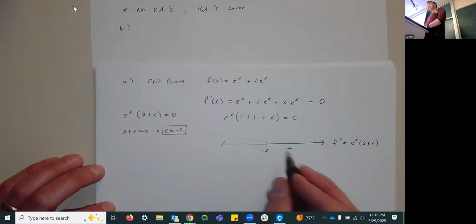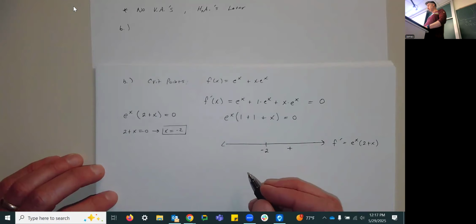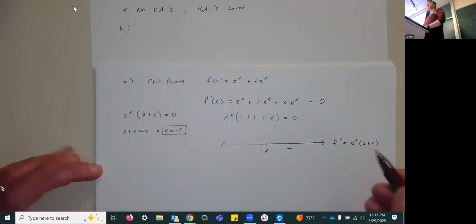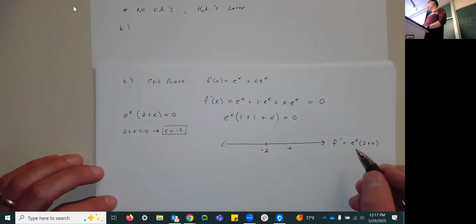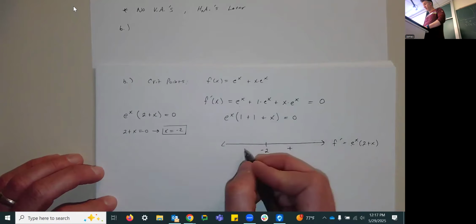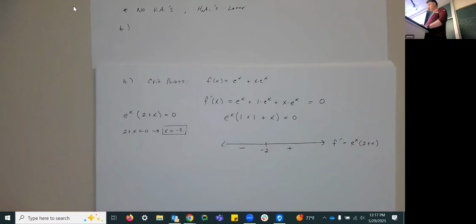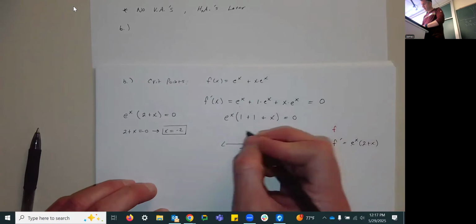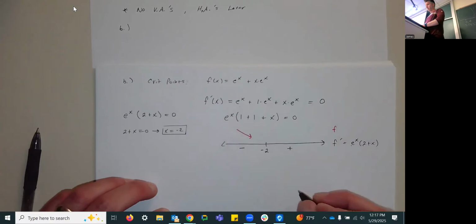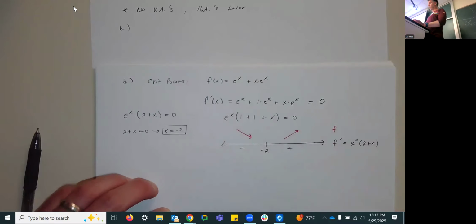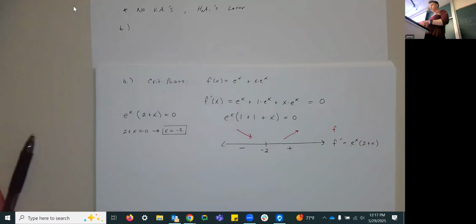If I pick something less than -2, like -4, e to the -4 is positive. I don't know what it is, but I know that e to the anything is positive. And 2 plus -4 is negative. So a positive times a negative is going to give me a negative result. So it looks like our function is decreasing left of our critical point and increasing right of our critical point, meaning we have a relative